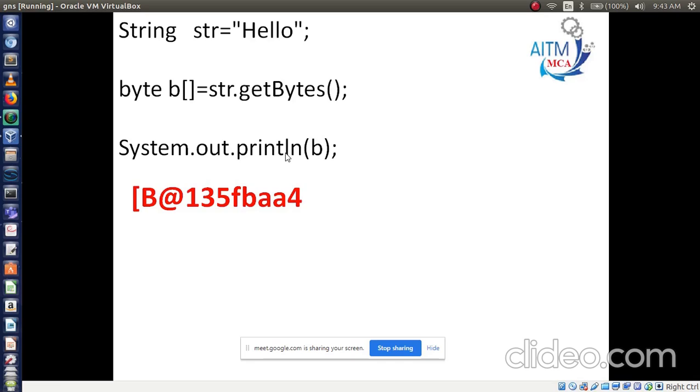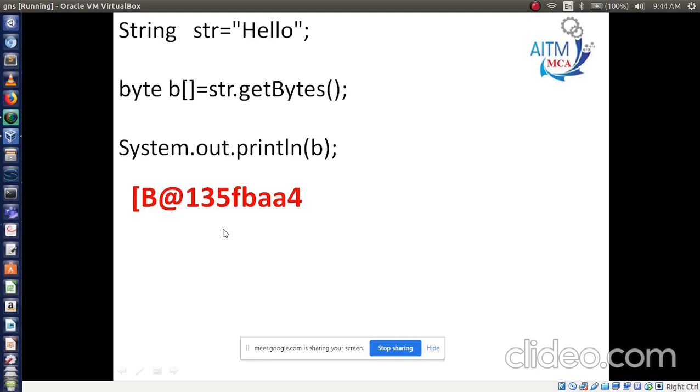Does it look different, right? It is nothing but byte output. So here you have to try to understand the starting three characters. What are these? One square bracket I am using here, then capital B, then at, right? If you run this program, you will definitely get this output. So what are these three characters?